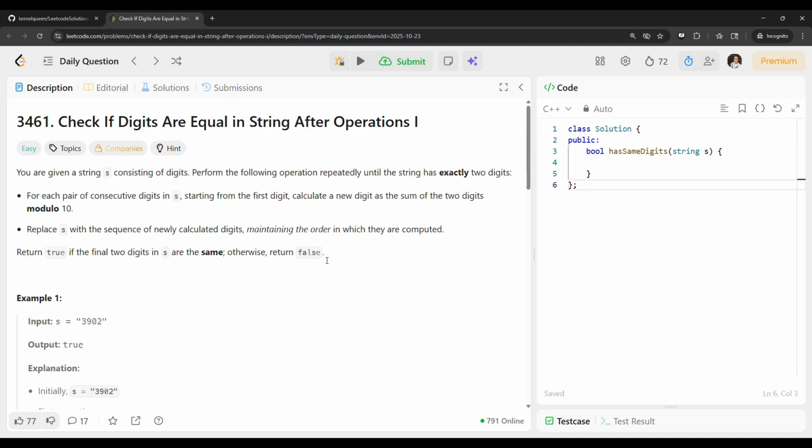Hi there, so today we are solving the problem 3461, Check if digits are equal in a string after operations 1. So we are given a string and we have to perform this operation repeatedly until the string has exactly 2